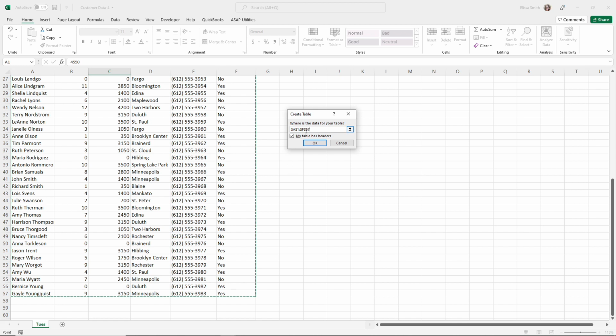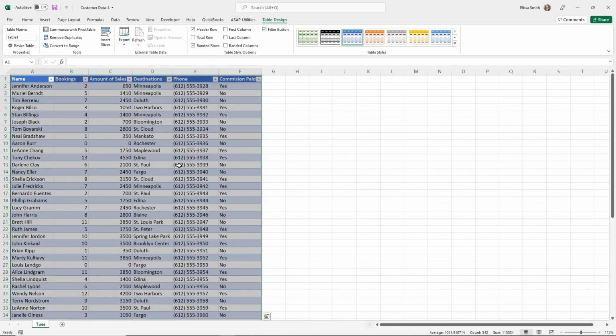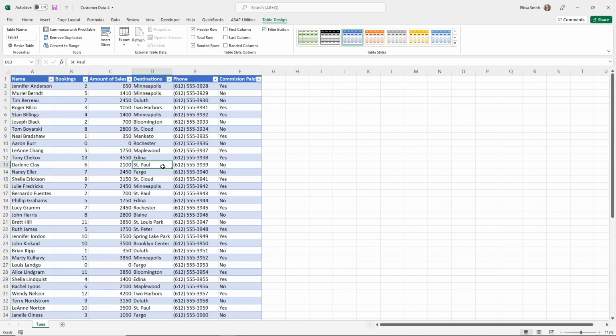The dollar signs just represent that it is an absolute reference. Now, my table has headers. What's up with that? That means that you do have column headers at the top of your table. And this is also important because it helps make the table style really easy to be created. So I'm going to click on OK, and boom, when I click inside of one of my cells, I now